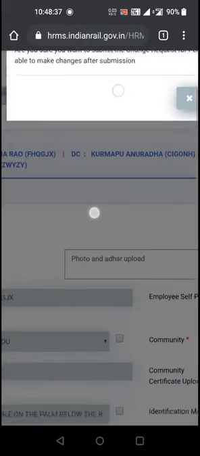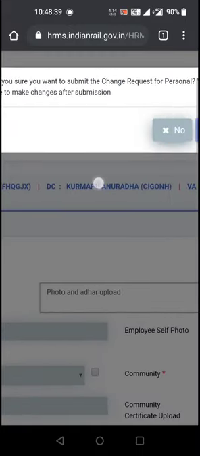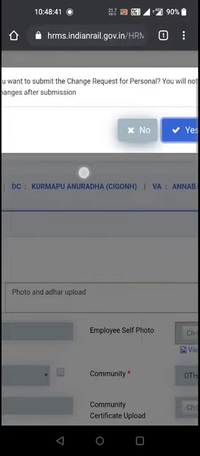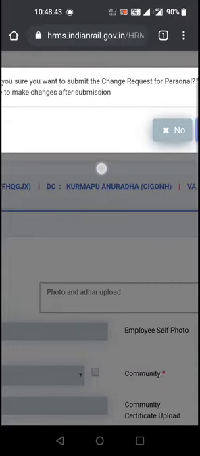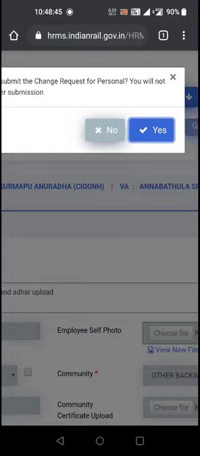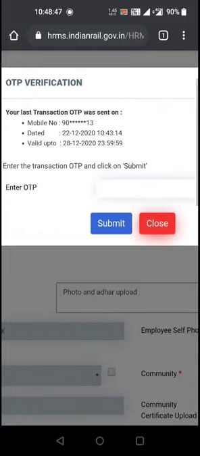You will be asked: are you sure you want to submit the change request for personal? You will not be able to make changes after submission. Click yes. You will be given an OTP.